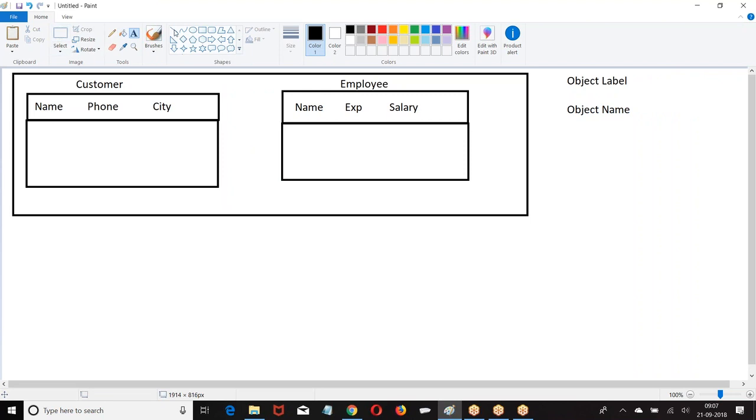If a user wants to open this table, how do I open it? For every table, we have one button.